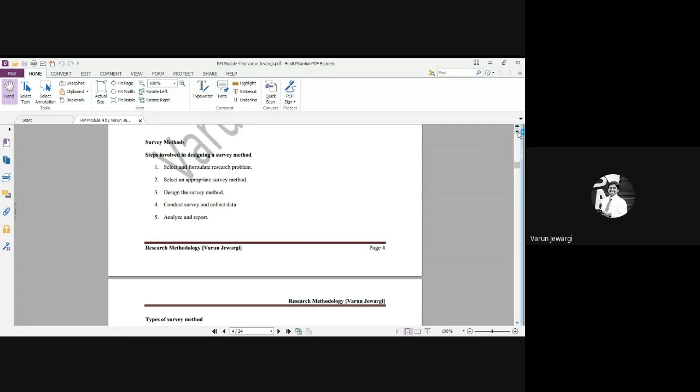People actually were not happy consuming chips which were fried in oil. They wanted something really good for the health, they were looking for baked products. So he understood that people are looking for baked products. So let me introduce baked chips in the market. So he analyzed the report, he analyzed the data, and he could interpret the data.